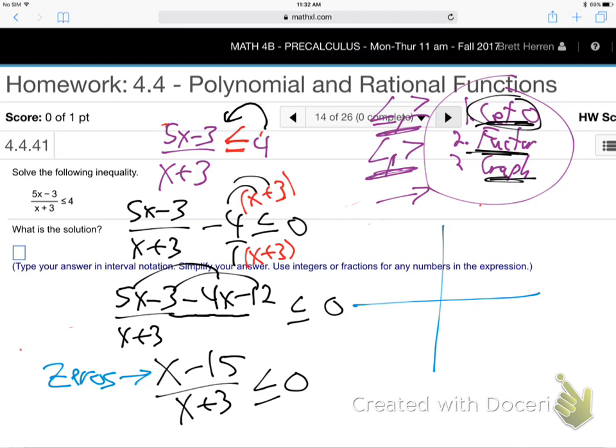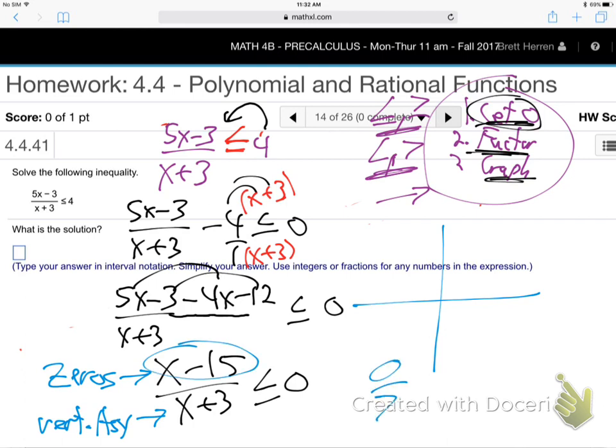Zeros are in the top of the fraction. When the bottom is 0? What about when the bottom is, like, what about negative 3, which makes the bottom 0? What will that be on the graph? It'll be a vertical. It's undefined. It'll be a vertical, won't it? Vertical asymptotes. Yeah. So basically, whatever makes the top 0, because if you make the top of a fraction 0,